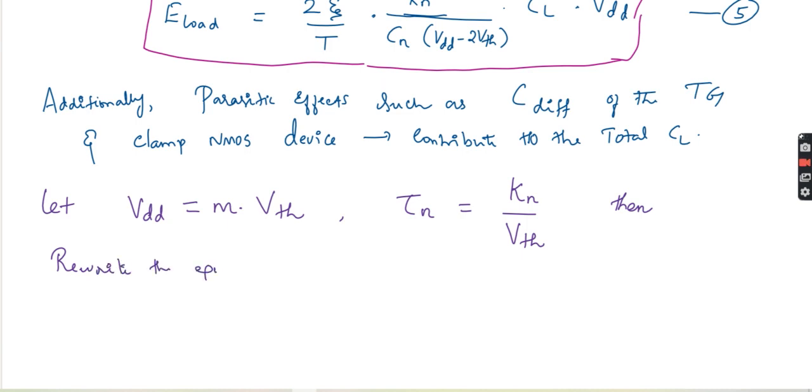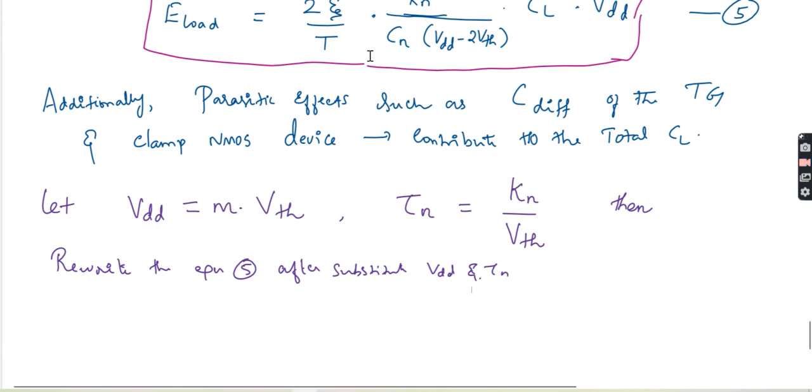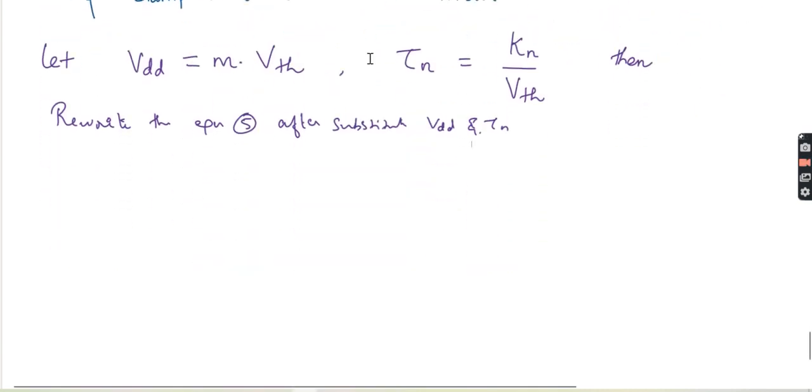Rewrite the equation 5 after substituting the VDD and the tau. Okay, so what do you do? Let us do that. The above expression, that is E load, is equal to